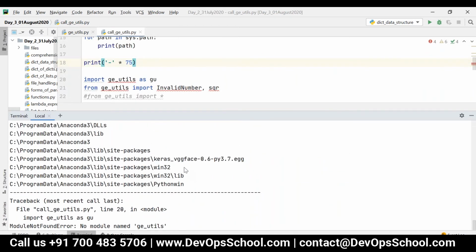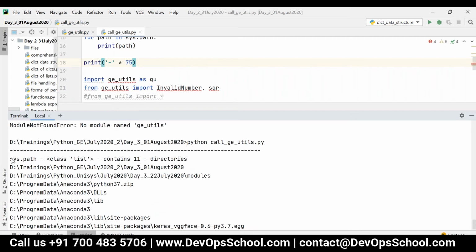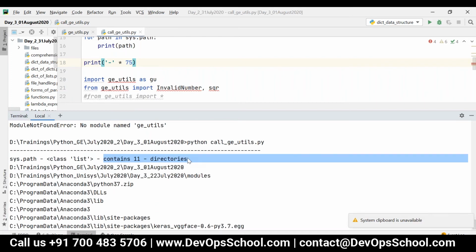So you can see here that sys.path is a list variable and it contains 11 directories in my system. It will be different in your system, because I have Anaconda Python, Python 2.7, so many things.